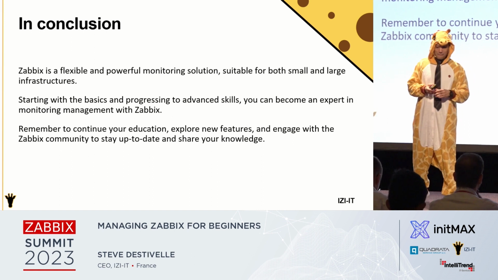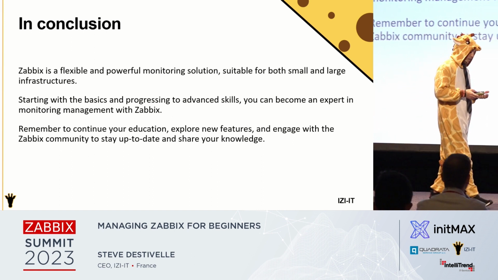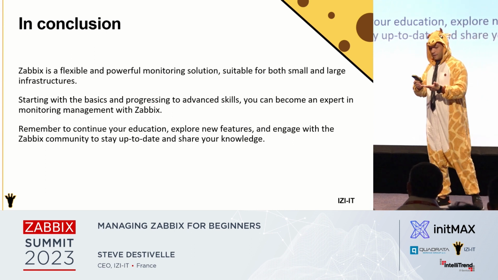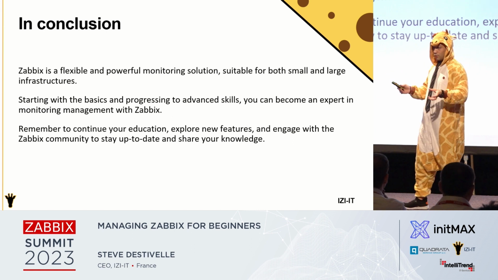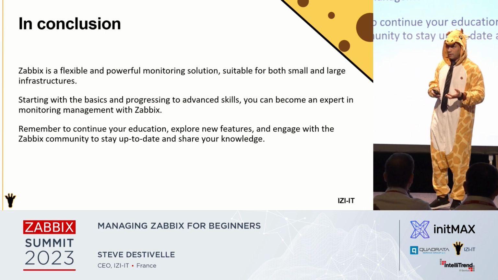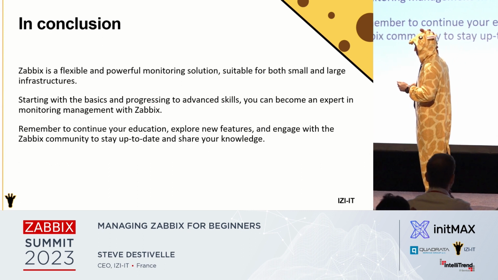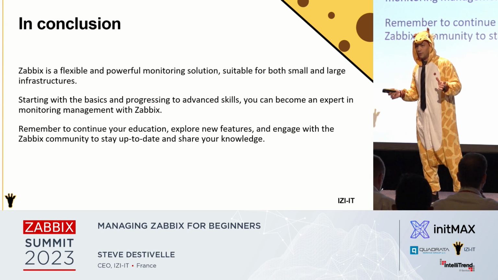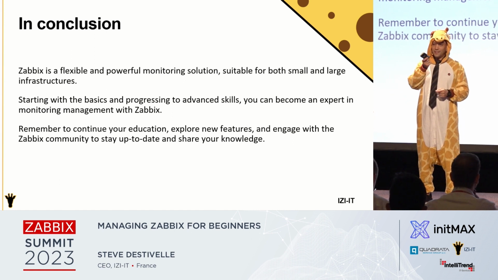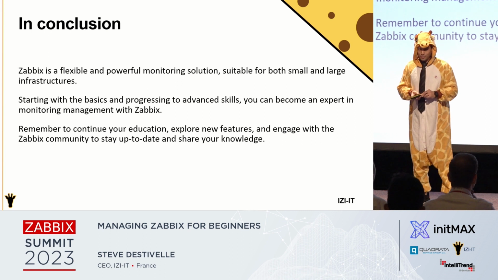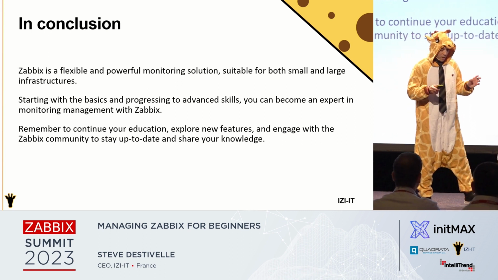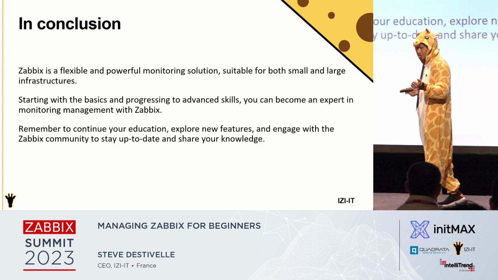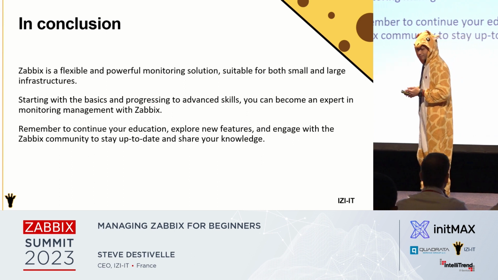In conclusion, Zabbix is a very powerful and flexible solution, with third-party integration and API. You could split all the components on several machines if you want. You could monitor a little infrastructure or a big infrastructure. I spoke with someone in this room, and maybe next year we'll talk about his infrastructure. He's able to monitor more than 80,000 devices based on Zabbix. Okay, what's your use case?